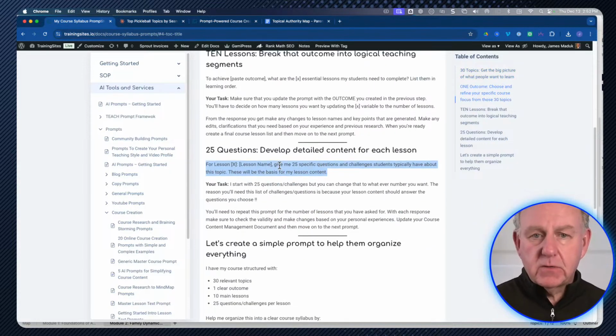Play around with those. Get a document, but when you have your document, export it to a Markdown file after you've asked ChatGPT to create a syllabus and put it into a mind map. This is going to save you a world of time to create the actual course and the content, and you're going to get much better content.